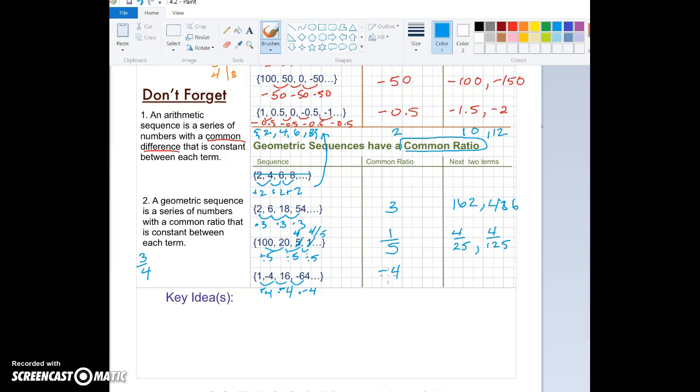So let's go ahead and do our next two terms. When I multiplied -64 times -4, I got a positive 256. And then when I multiplied 256 times -4, which is my constant common ratio, my calculator told me that it was